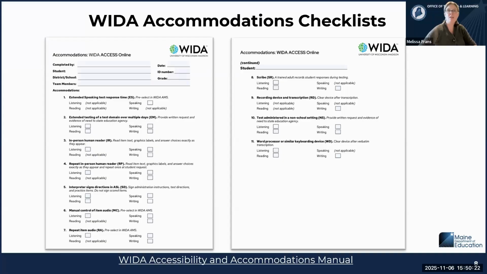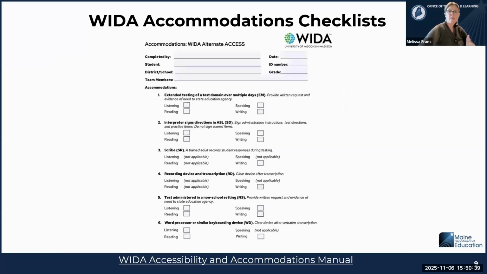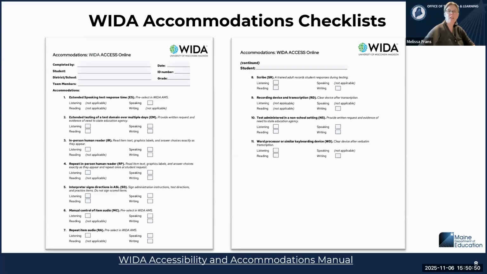And we want students' IEPs to really reflect their language proficiency status as a multilingual learner, so that we have the specific WIDA accommodations documented. And here you'll see the WIDA alternate access accommodations checklist. And if you notice, there's only 6 accommodations here. So Jane, could you go back to the previous checklist quickly? Thank you. Here you can see there's 8, 9, 11. So a decrease in accommodations. So going back to the alternate access checklist,